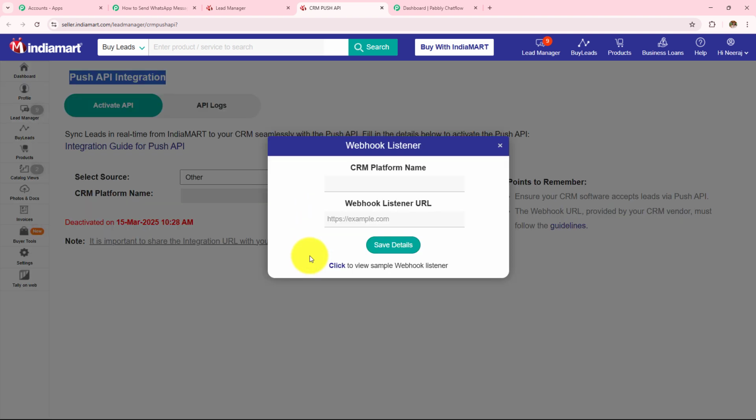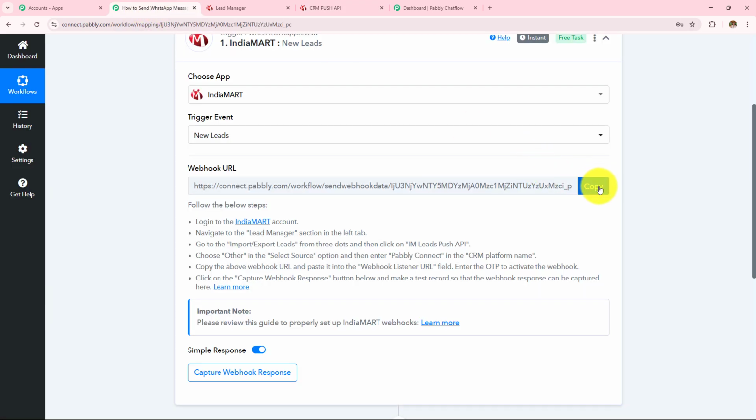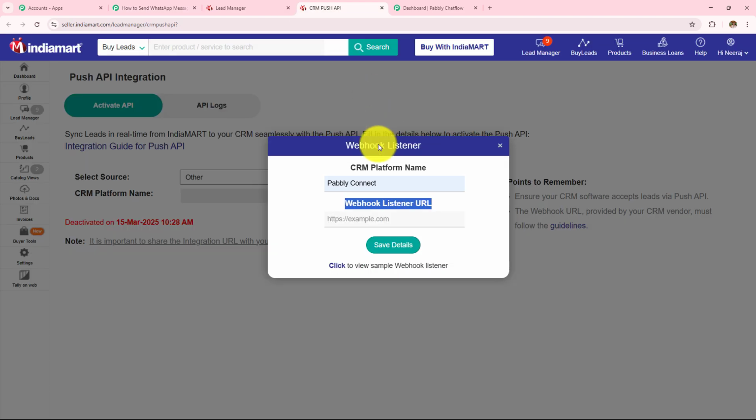I'm going to select this as Other and then I have to enter my CRM platform name. So my CRM platform name is Pabbly Connect. I'll enter that. And then I have to enter the webhook listener URL. So this is the same webhook URL which I was provided in my Pabbly Connect. So I'm going to go back to my Pabbly Connect workflow, copy this and paste that over here. Now that I've added the platform name and the webhook listener URL, now I'm going to click on the save